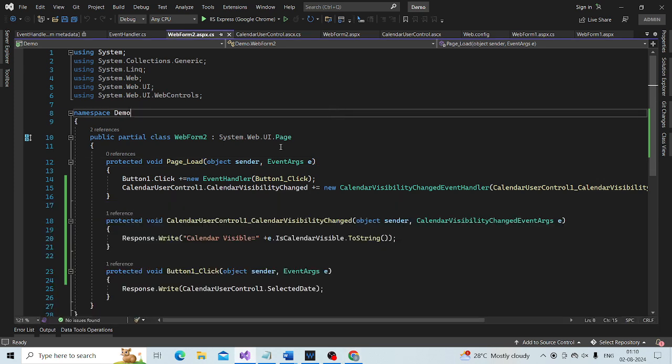Okay, it is very similar to how we actually hook up an event handler to the event of a standard ASP.NET control. So this is the ASP.NET controls.